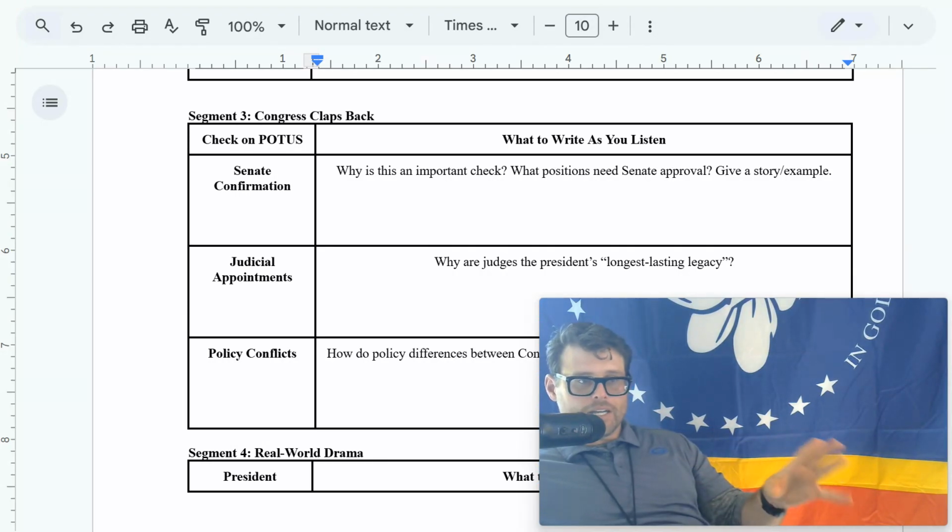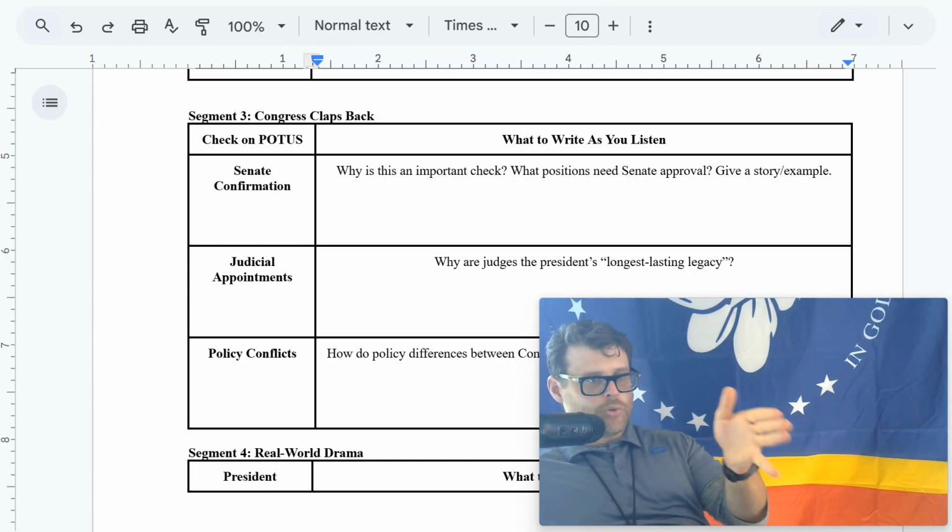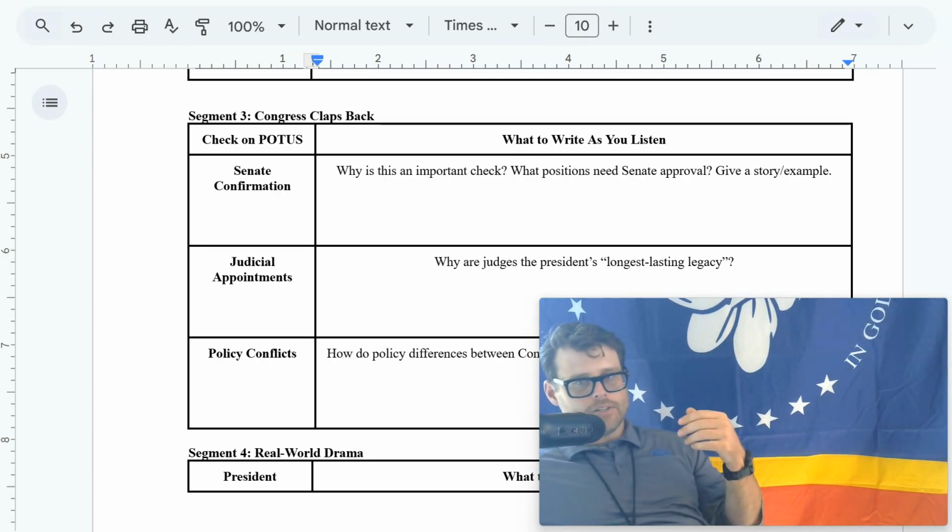Okay, but what about a unified government? When one party controls the presidency and Congress, that's when everything moves fast, guys, really fast and rapid, and the majority party can push through its agenda with fewer roadblocks, less gridlock. The president's influence is amplified, right? His agenda gets amplified and Congress listens to it and implements it in its bills.